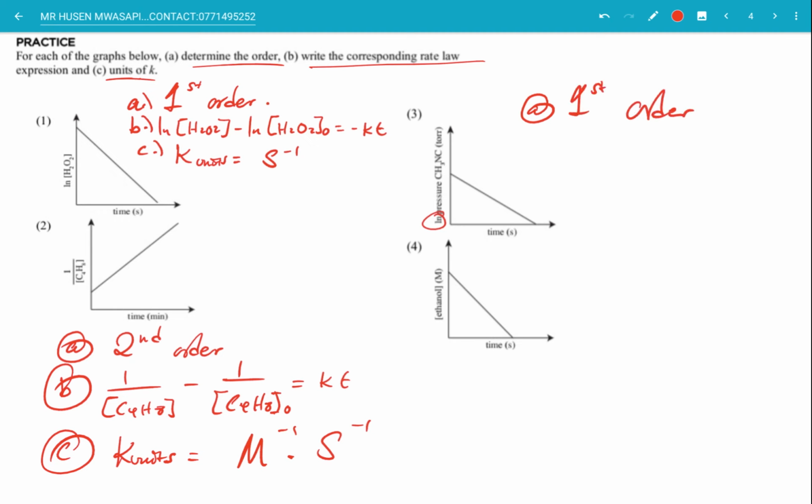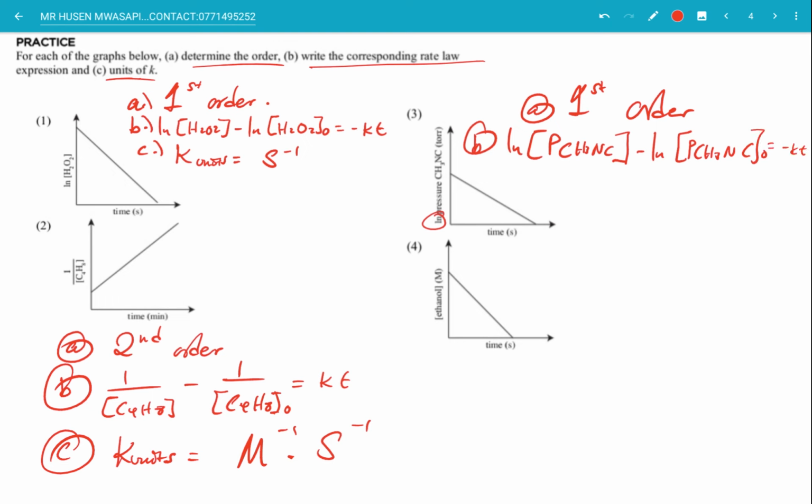So in simplicity, the corresponding rate law is going to be ln of the pressure of CH3NC after some time minus ln of the pressure of CH3NC at the start of the reaction being equal to negative